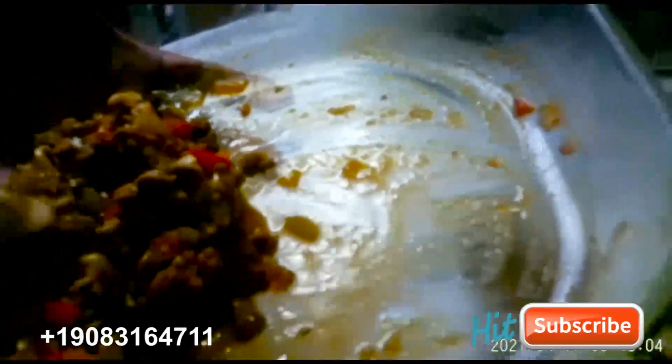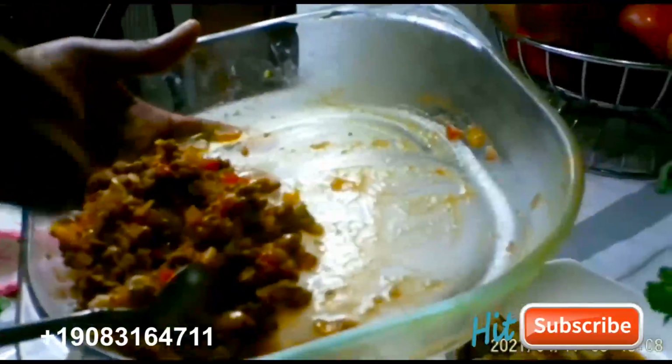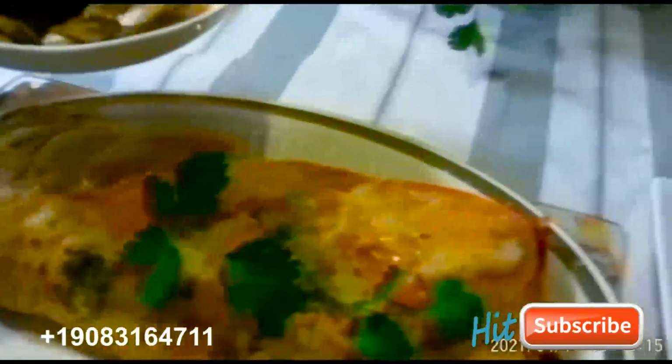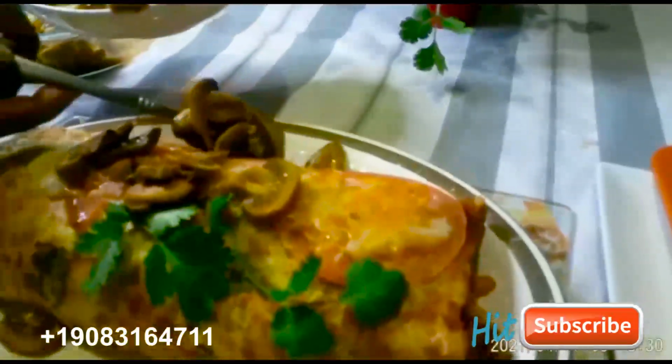You can freeze this filling and put it somewhere, bread, quesadilla. You can use the same filling to make another thing, raw potato. Look at how I have it. Family Chef, I like mushrooms. So you can garnish with mushrooms. I said you don't have to use each